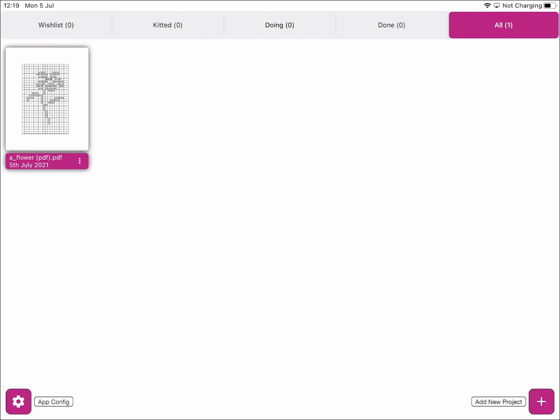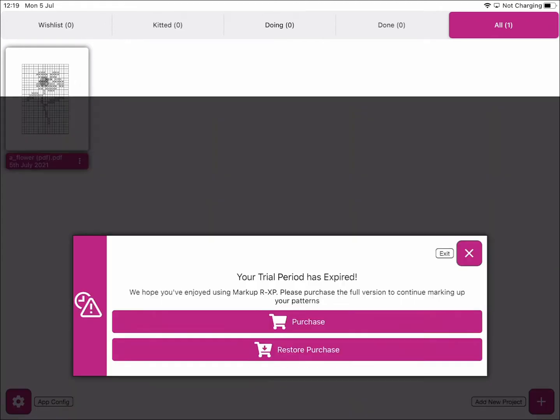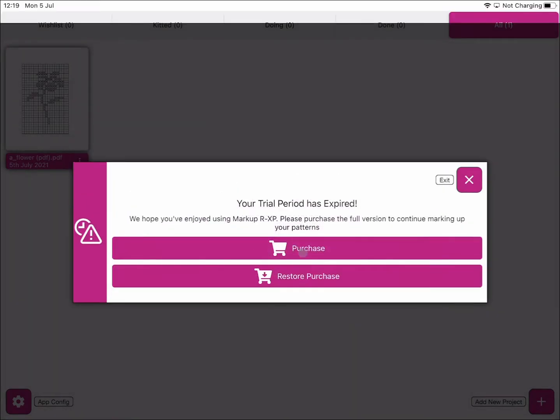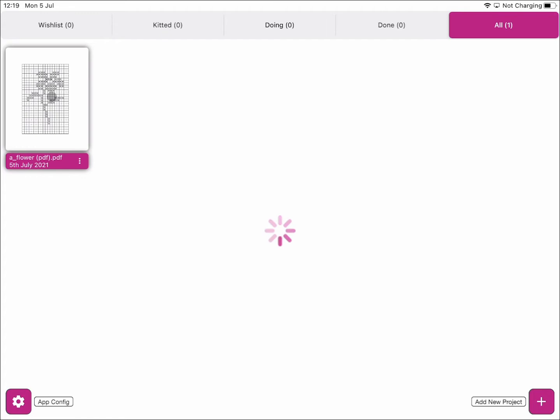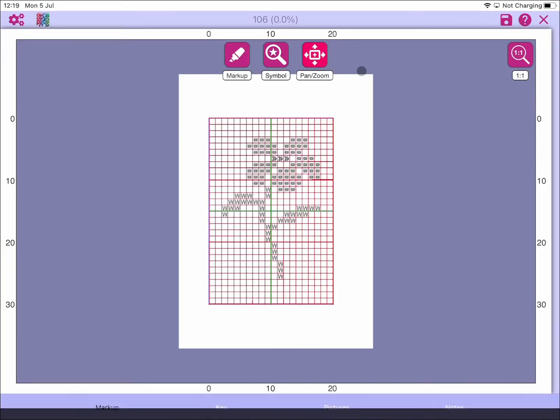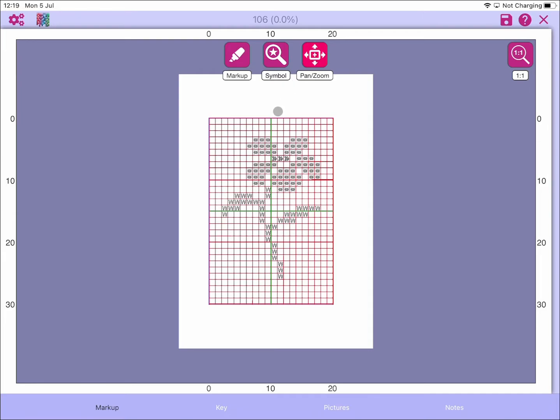What else have we done? If we just open up this project, if we just restore the purchase, there we go, purchase restored. We can open up this project here, and this opens up into just the regular Markup RXP.